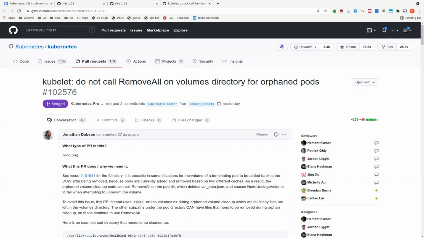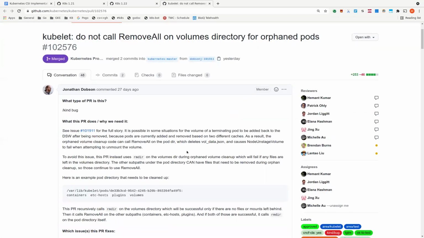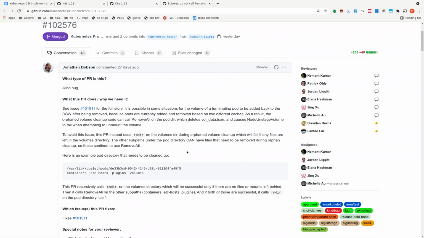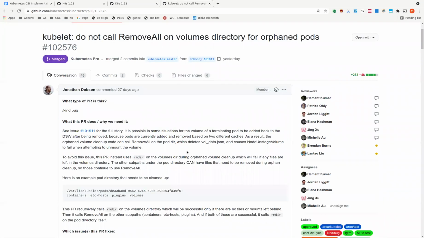Are there any soak requirements, like how long we would expect it to be tested in master before it gets backported? Yeah, I think letting this soak a little bit would be good. One thing to check is the tests. A lot of the tests were failing or flaky because of this.